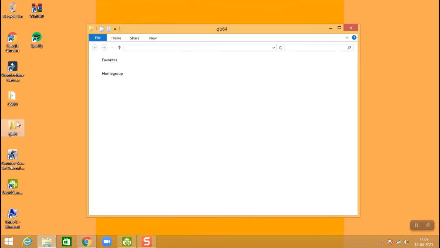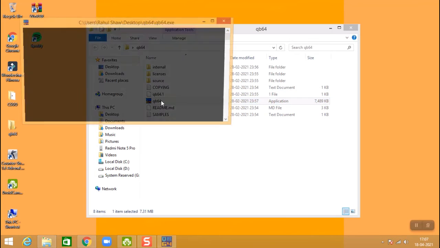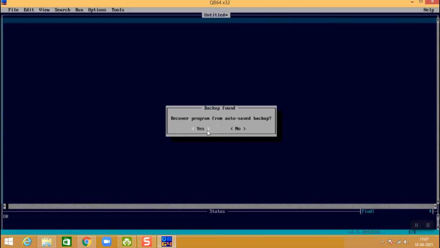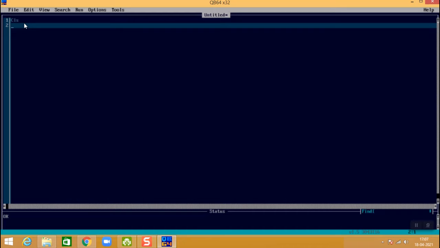This is a file that we have to open. Here is the QBasic file. So I will write CLS. The screen is very dull in full screen mode, so I have to slow it down.